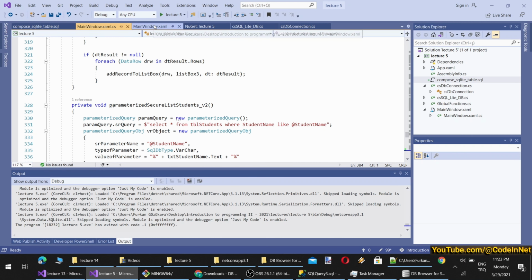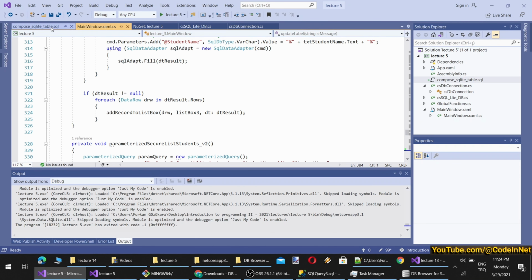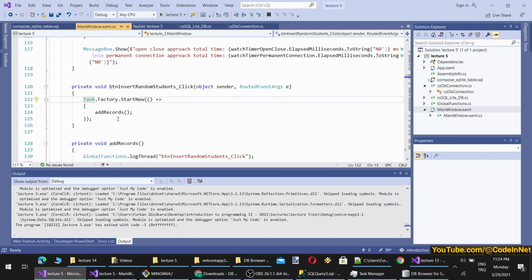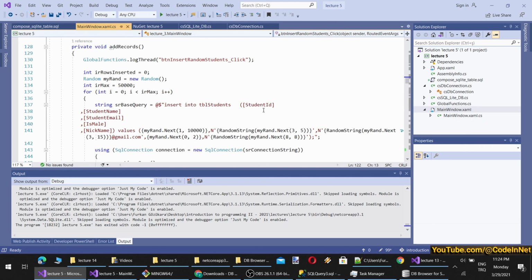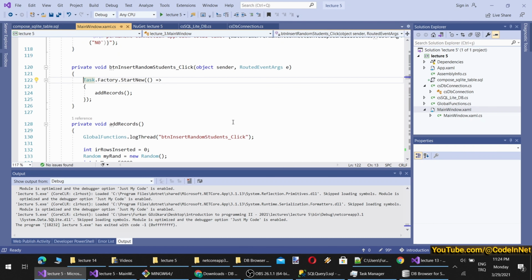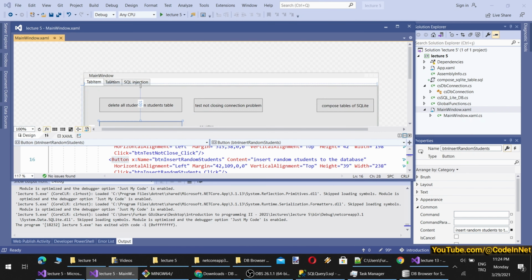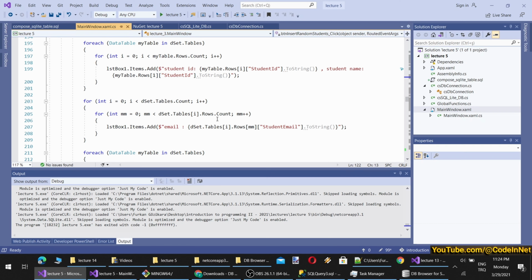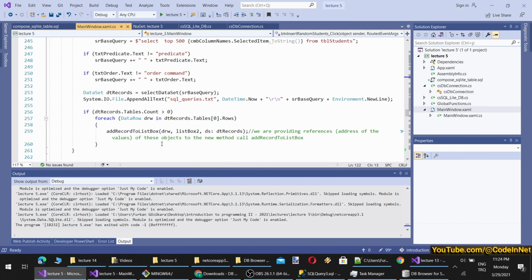So I will just add a method to one of my buttons here. There is insert random source. Here let's add records to our table. Here we don't use the method, so I just need to get the method version of this. Was it here? No. Okay, so let's use it. Perhaps we had some parameterized queries, but where was it? I am looking for it.